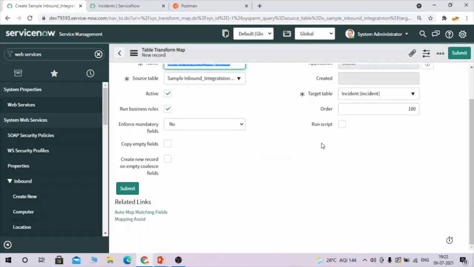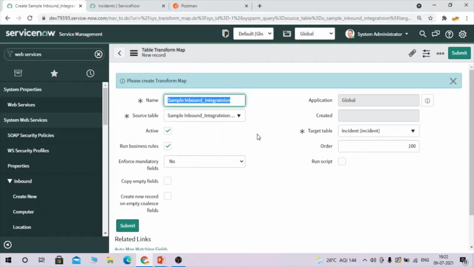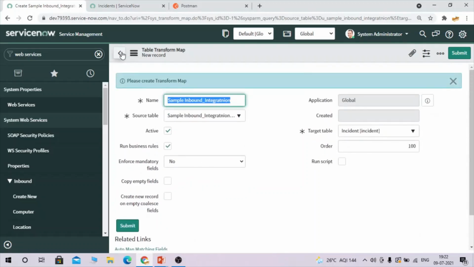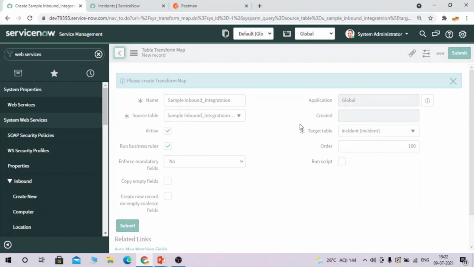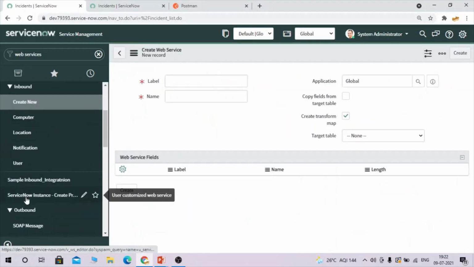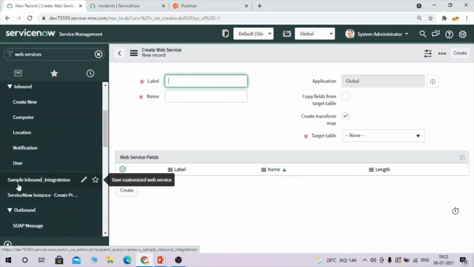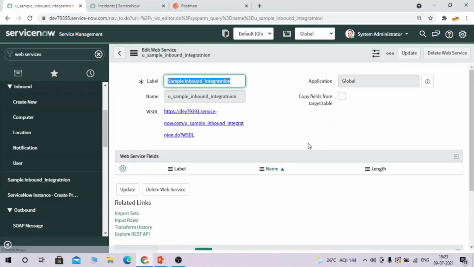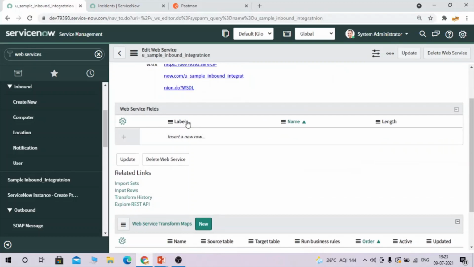Okay, so now this sample inbound integration has been created, and here you can create fields.